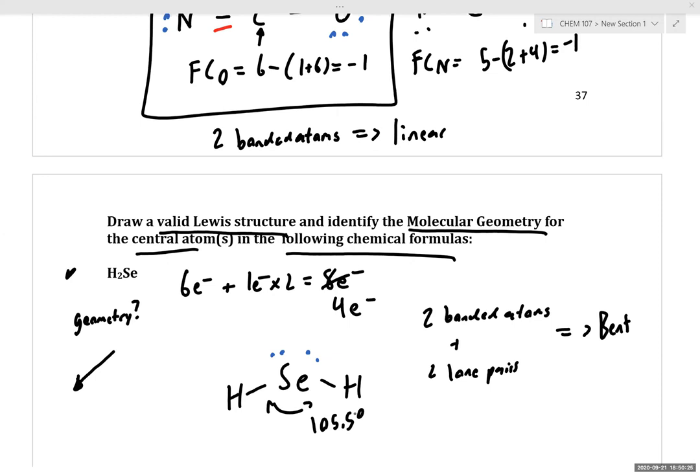Yeah, kind of. I guess I'm just confused on where we get the 2. The 2 bonded atoms, because selenium has 2 hydrogen atoms bonded to it. Oh, yeah. Gotcha. And then it has 2 lone pairs. Does that make sense? Yes. Thank you. Perfect. So for phosphine,